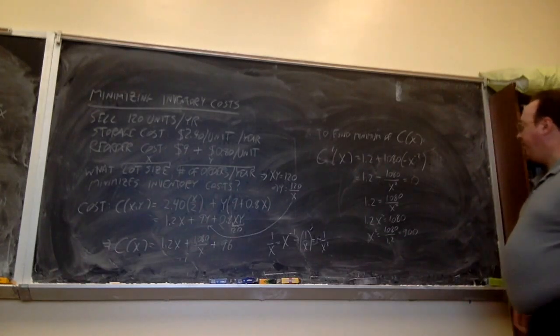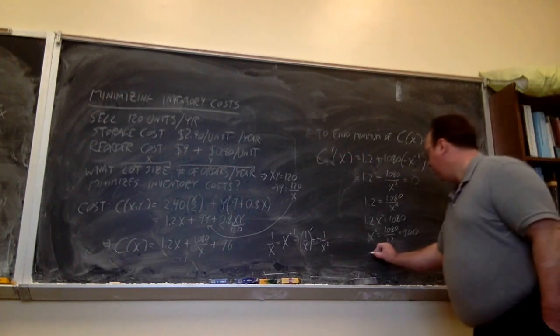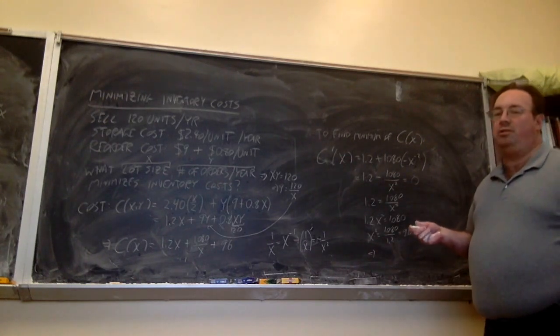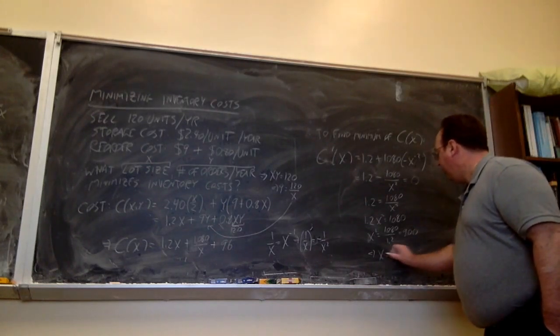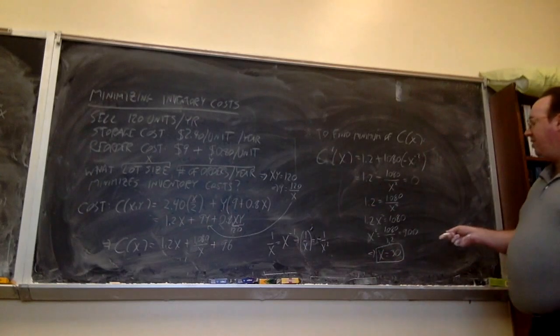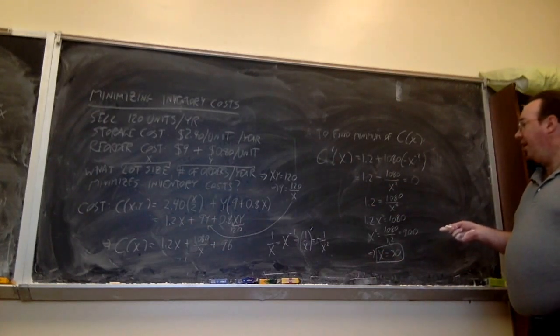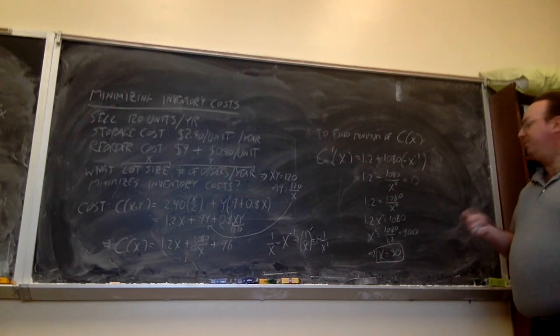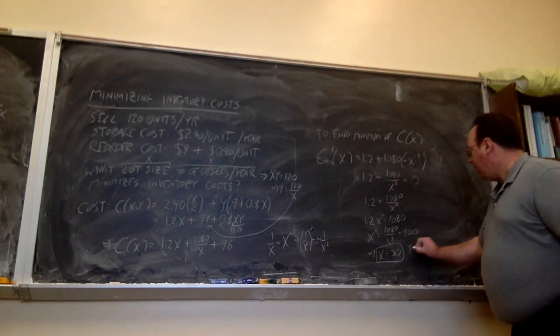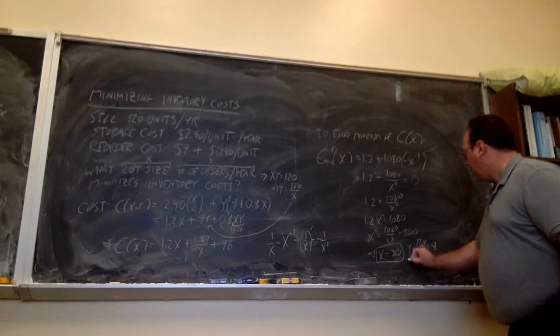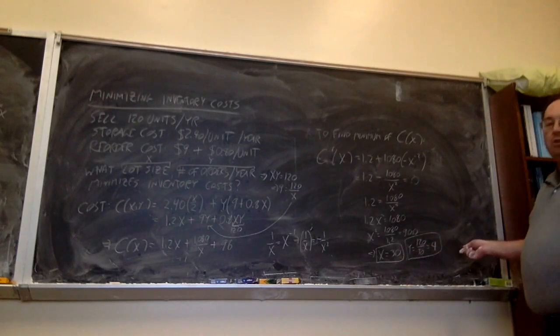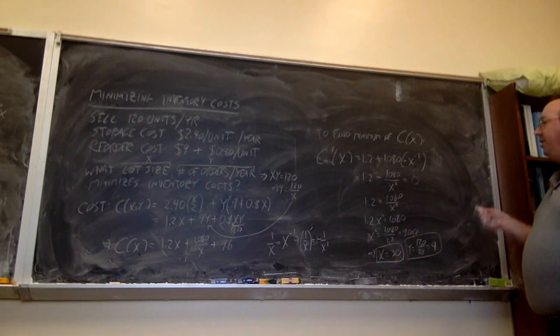So now you take the square root of both sides. Now, the number of units per order, of course, is going to be positive, so we just want the positive square root, and X is equal to 30. So your lot size is 30, and since you expect to sell 120 units per year, Y is 120 divided by 30, which is 4. So you're going to place 4 orders per year at 30 units per order,